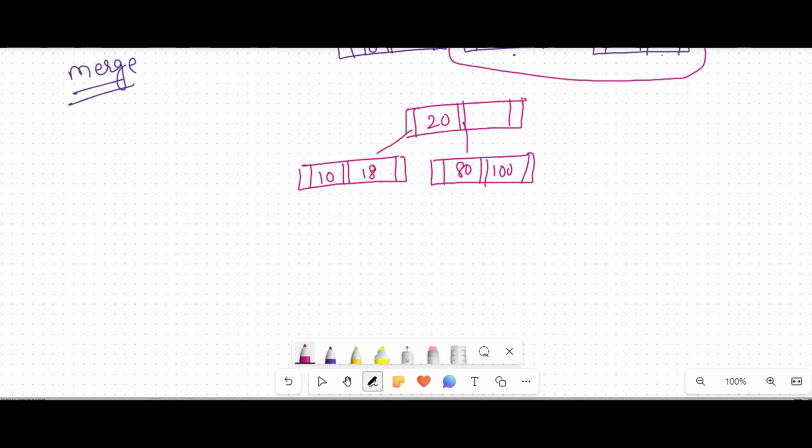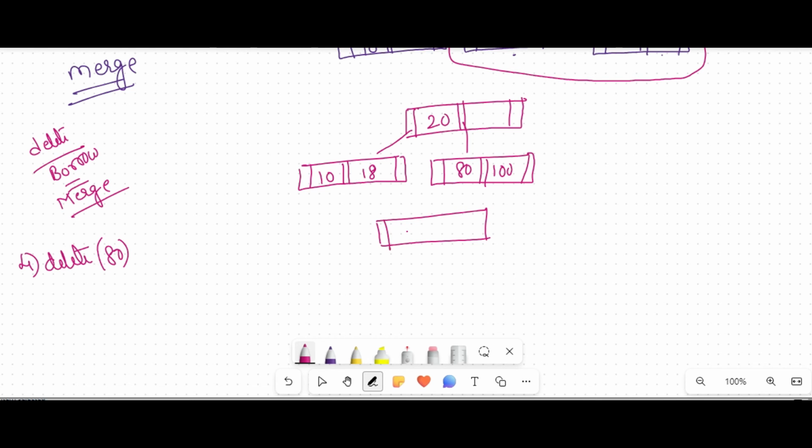Okay, so first what we have done: delete it. After deletion, if it is not satisfying, then borrow from its sibling. If borrowing is also not possible, then perform the merge operation. Okay, so now the next deletion operation. Delete, for example, 80. Deletion of 80 also, you won't get any problem. Okay, delete it. Then the B-tree is